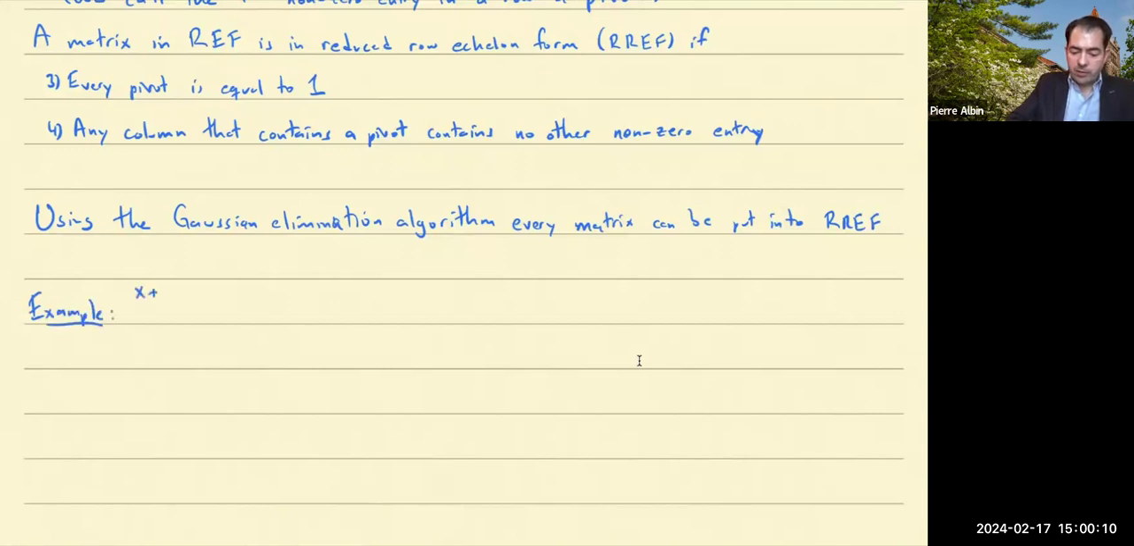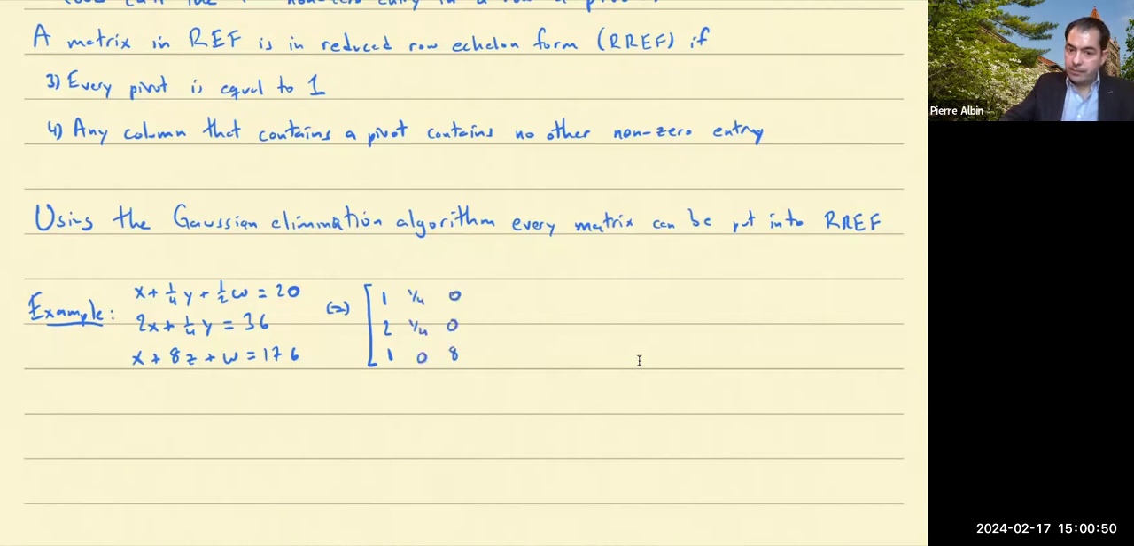Suppose you wanted to solve the following system: x plus 1/4 y plus 1/2 w is equal to 20, 2x plus 1/4 y is equal to 36, and x plus 8z plus w is equal to 176, right? So if we write this as a matrix vector product, then our coefficient matrix would be 1, 2, 1, 1/4, 1/4, 0, 0, 0, 8, 1/2,